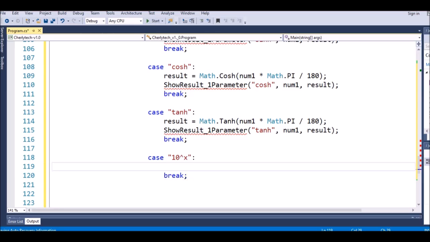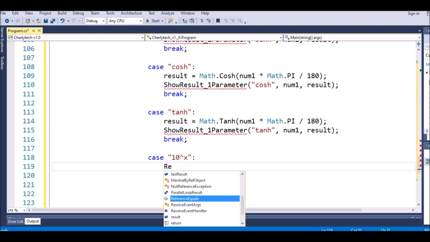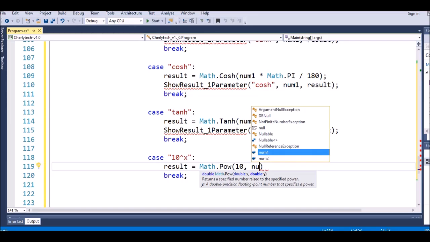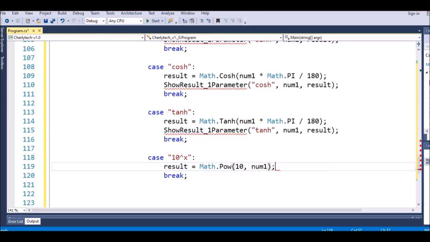In here we say result equal math dot power this one. So in here we just say 10, then num, number 1. Okay,